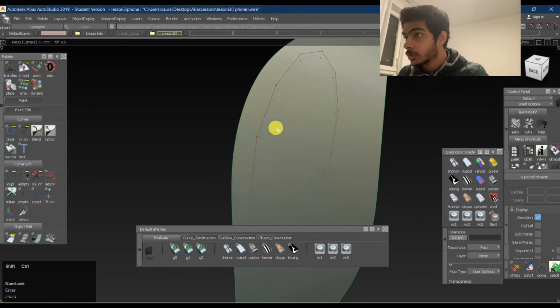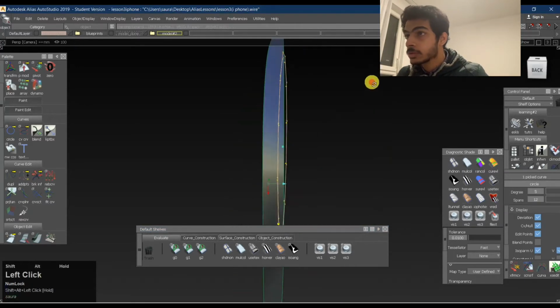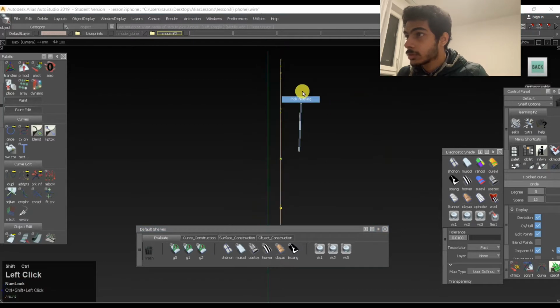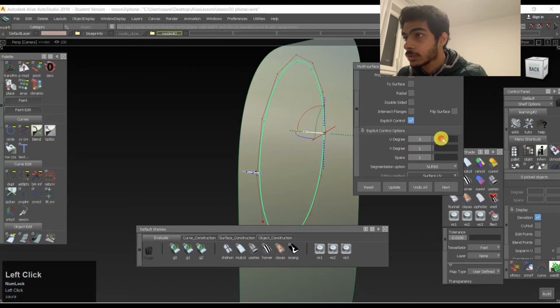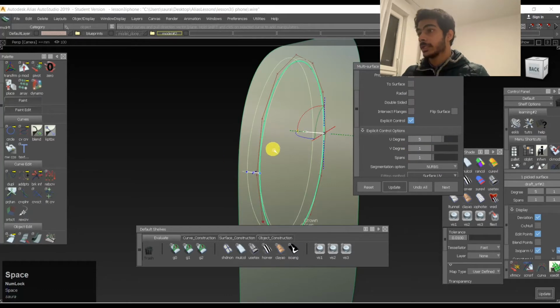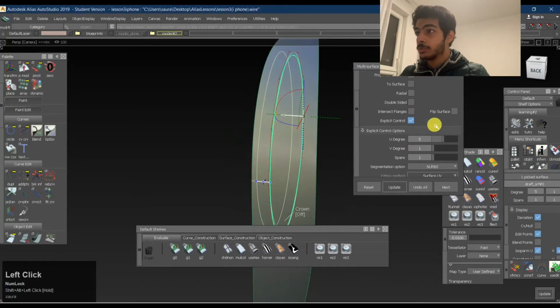Okay, I don't know why it's not working. Okay, now it's working. So we didn't have the UVs over here.